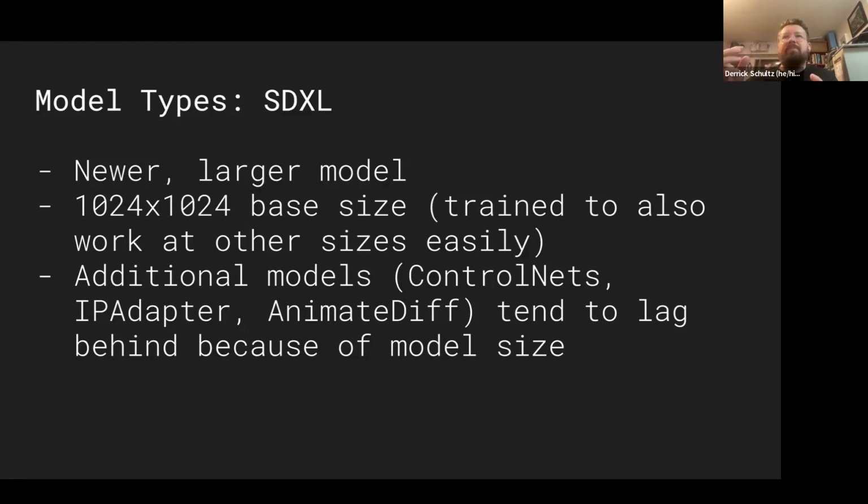It was also trained to better work at different scales or different proportions. So you'll get better results if you try to generate a 16 by 9 format image using SDXL, which has to do with the architecture, the way they built it. SD 1.5 models, if you find them on Civitai, are like 2 gigabytes. An SDXL model is like 7 gigabytes. So even the file size is massive compared to these.